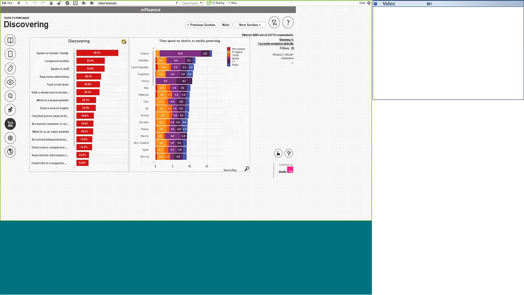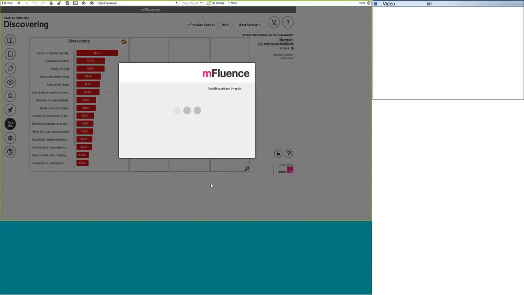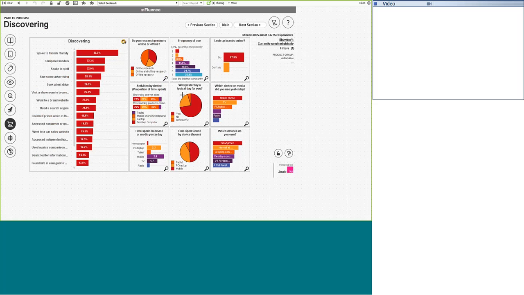They all have these little magnifying glasses down at the bottom right of them, and what they allow you to do is maximise and minimise the graph views. So what we have here is now an interactive dashboard that allows you to understand which devices your consumers own in this part of the purchase,